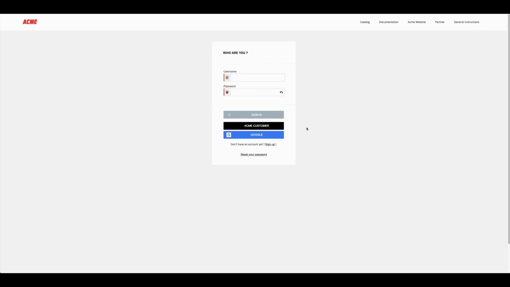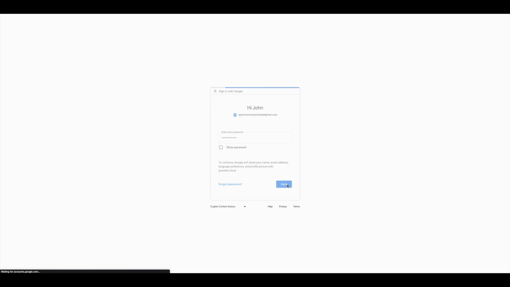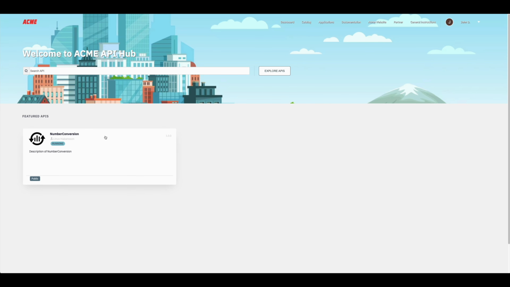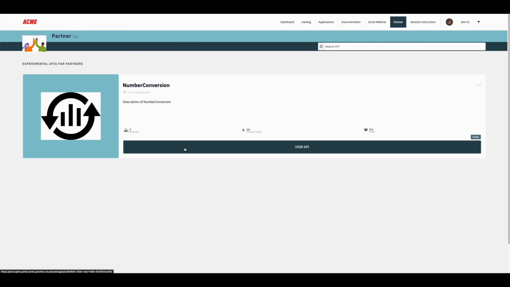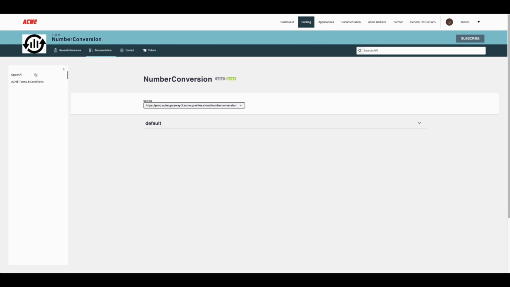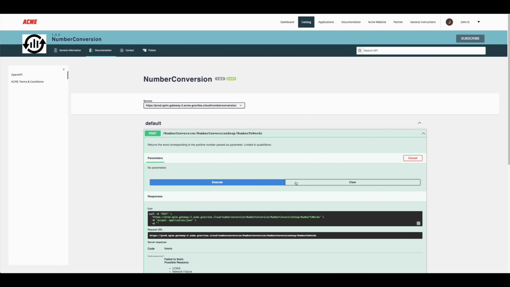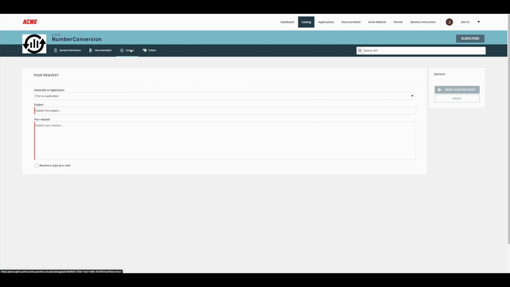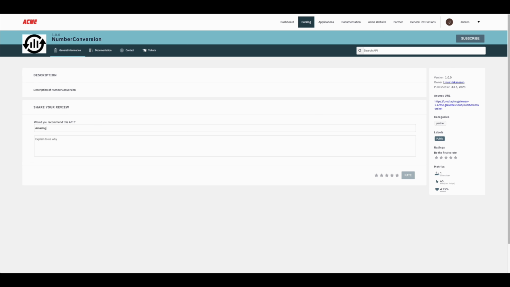Let's now sign in as a partner using the Google provider. So this will give us access to only partner APIs thanks to the identity provider group mapping and API group assignment we configured before. Our goal here is to see if there's some interesting APIs for us to consume. So we will have a look at the API documentation, potentially trying the API out, potentially create tickets with the API provider, and then we will get responses back in the ticket section from the API provider. And we will actually perform a 5-star rating of this API. Maybe a bit premature as we haven't tried the API out yet, but we'll still do that